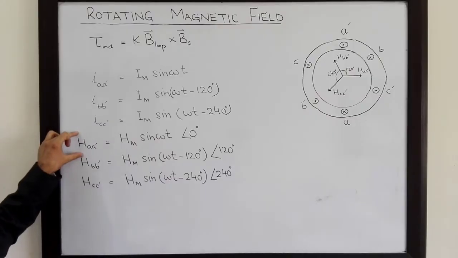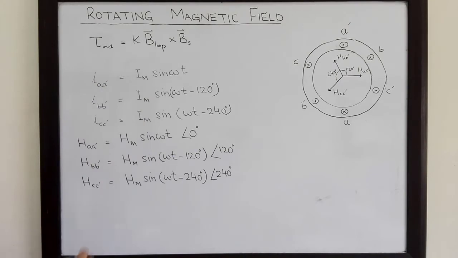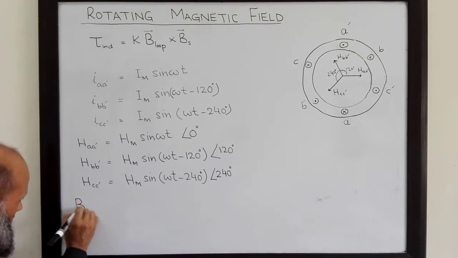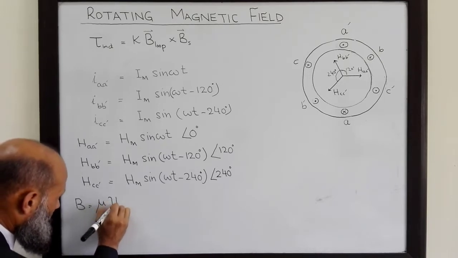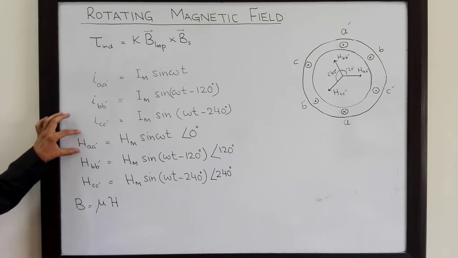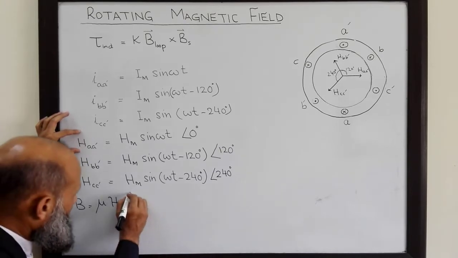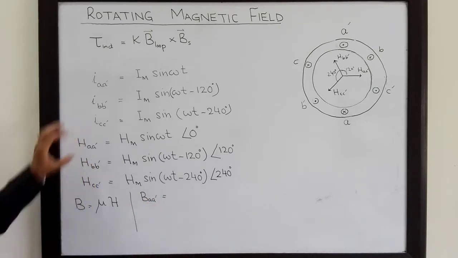Due to these magnetic fields, flux will flow, and we know that flux density is related to magnetic field strength by this expression. So due to this magnetic field, there will be a flux density, let's call it BAA', which will be equal to